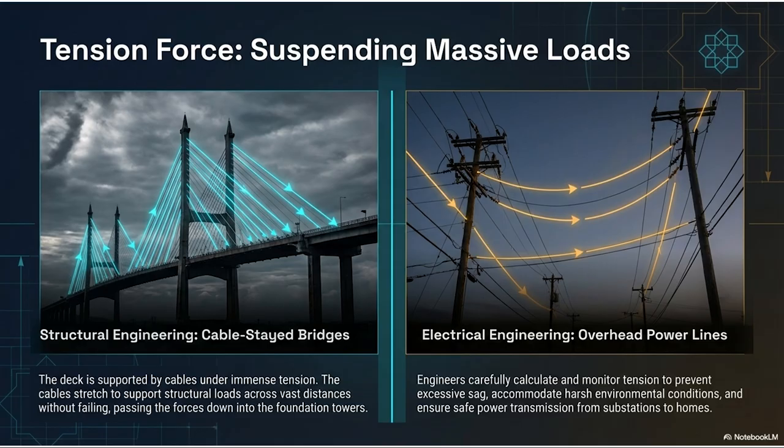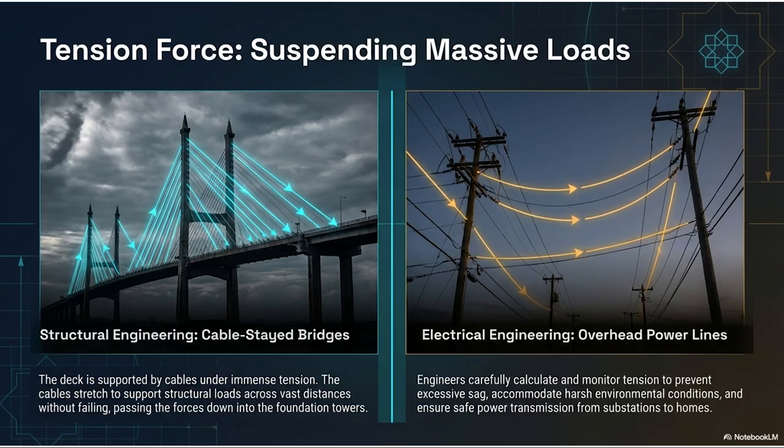Like in an older traditional bridge, you might build a dozen thick concrete pillars planted right in the riverbed, pushing straight up from underneath to support the road. That's the normal force again. Exactly. But building pillars in deep, fast-moving water is incredibly dangerous and insanely expensive. So instead, engineers use tension. They build one or two massive towers on solid ground or shallow water. Then they basically hang the road deck from those towers using cables.